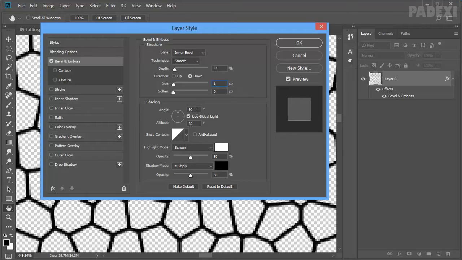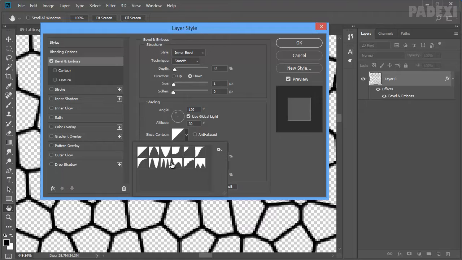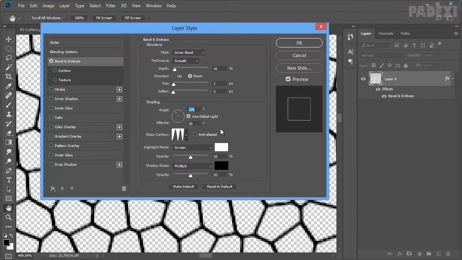Here angle 120 degrees, gloss contours, choose this option here. And for highlight mode, change opacity to 84. And for shadows mode, change opacity to 89.